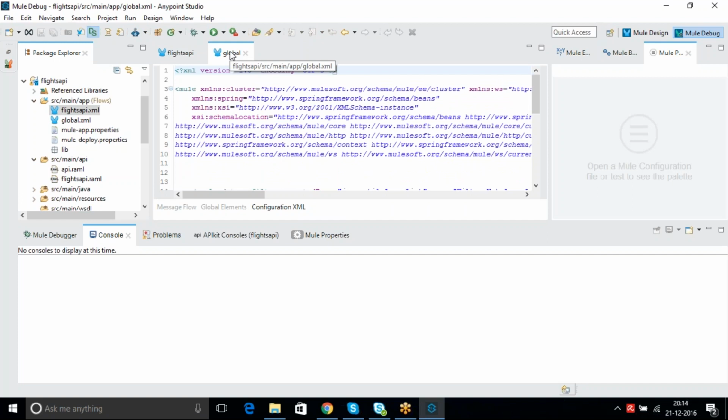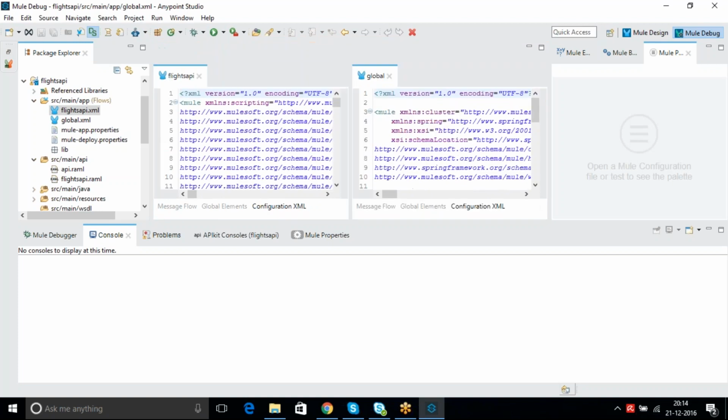Okay. Now you just hold this and try to drag it. Two boxes come up like this, so you can see them side by side. Let me maximize it.